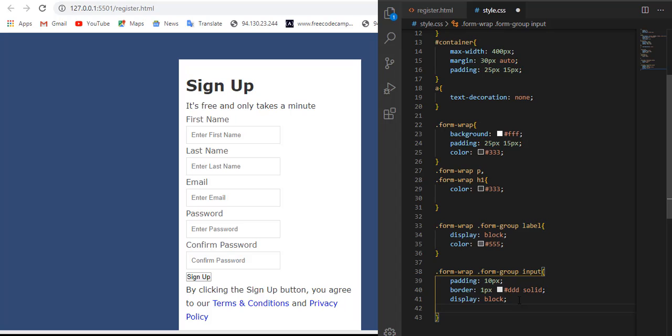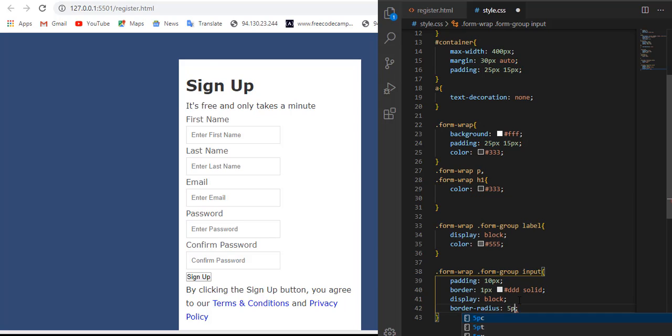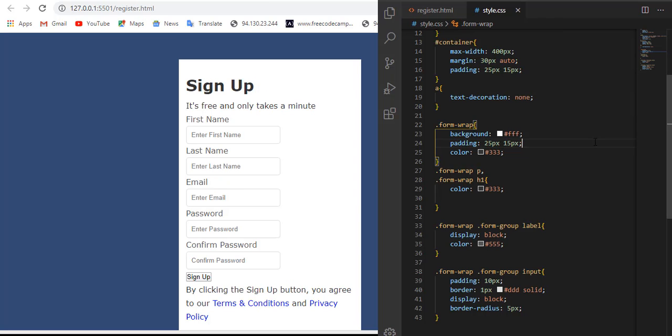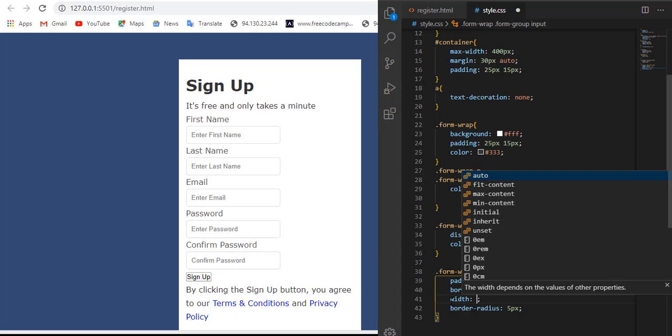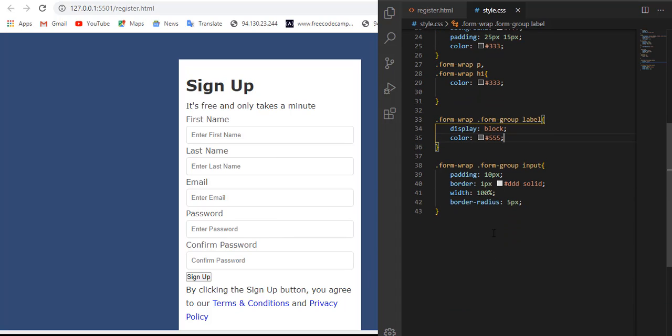So I think by default it's a block. So let us now set our border radius 5 pixels and save. So let me check this one. So yeah, let us set also width. There is no need to add display. Let us set width to 100%.